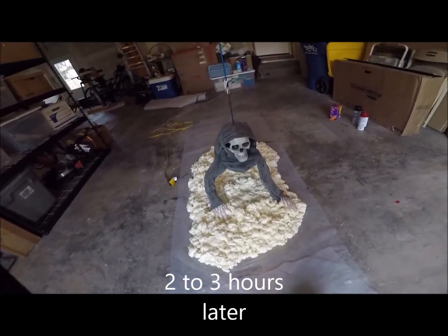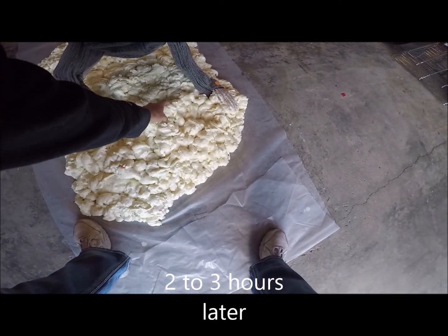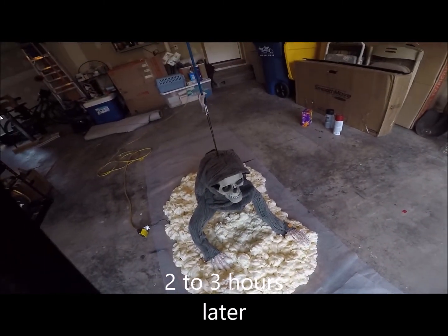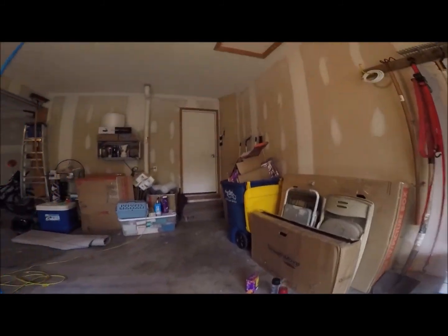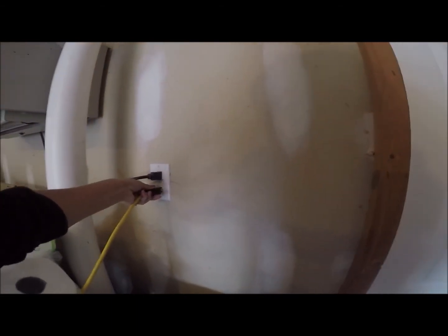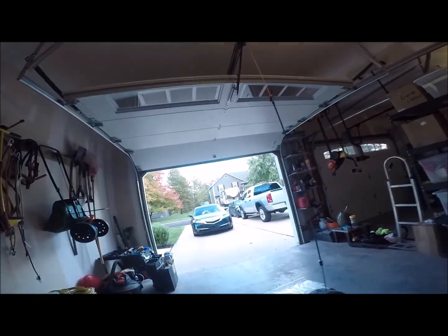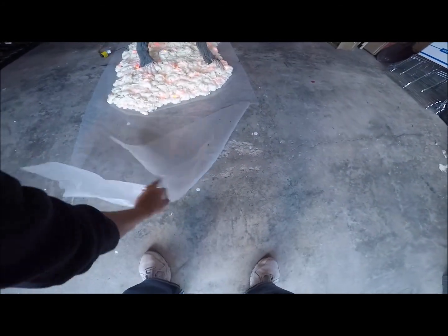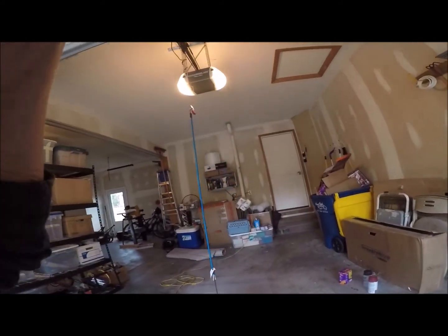So our guy is drying. He's not completely dry, but that's okay. I'm going to test the lights, make sure that they look good. So plug them in. It's been, I don't know, an hour or 2. So it's looking pretty good with his coals. So now I'm going to take the red paint and I'm going to paint